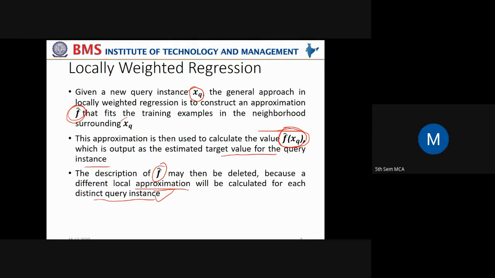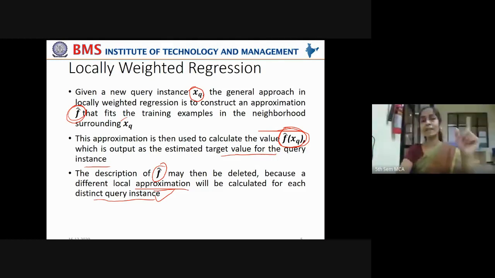But did you see in eager learning algorithms like decision tree? Once a function approximation is done, once a decision tree is built, that will apply for the entire set of training examples. But here it's not the case. This local function approximation is attached to each new data instance. Once that new data instance's predicted value is stored, immediately that local approximated function will be removed from the memory.